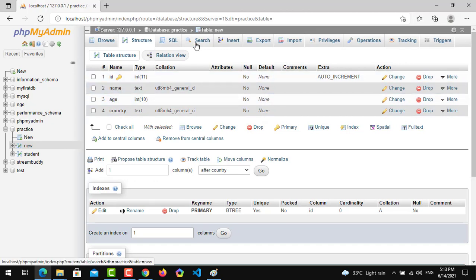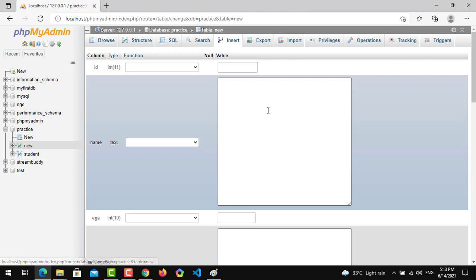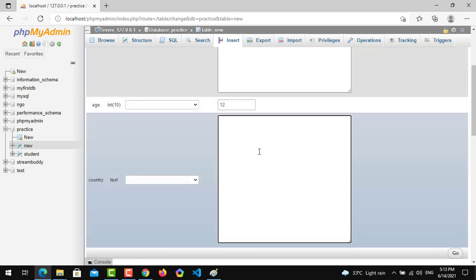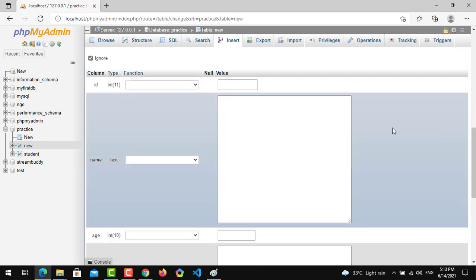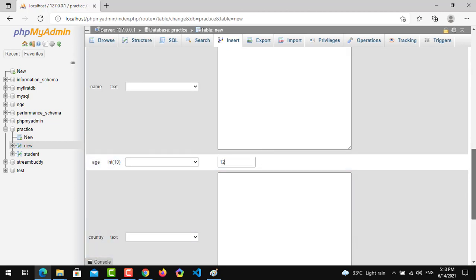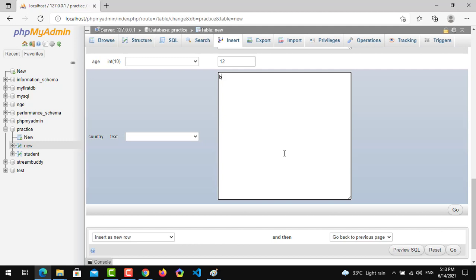So I am going to insert the data. Name is John, id is by default, as you know, age is 12, country is Austria. Another entry: name is Smith, age is 12 and country is Brunei.